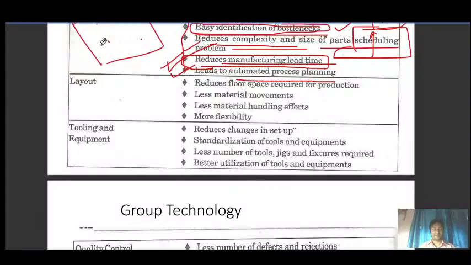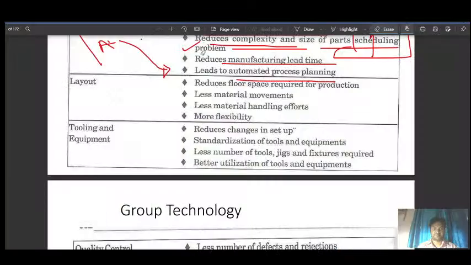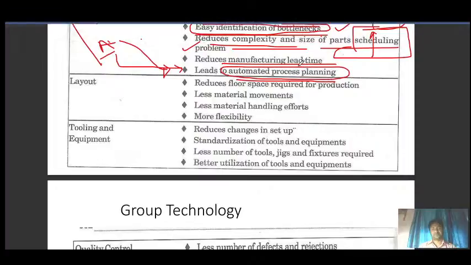Obviously if you already have part family A, you have that process plan, the manufacturing process, already for part family A, and later a similar kind of part comes, and it can also be grouped in part family A, and you have to produce it, so you can directly use the already planned process.